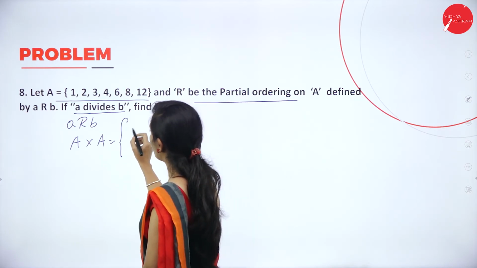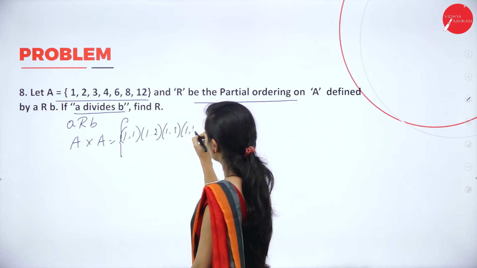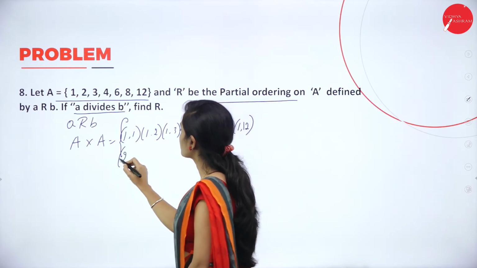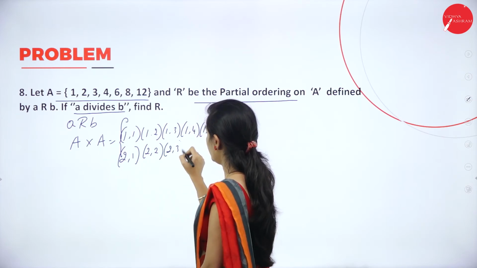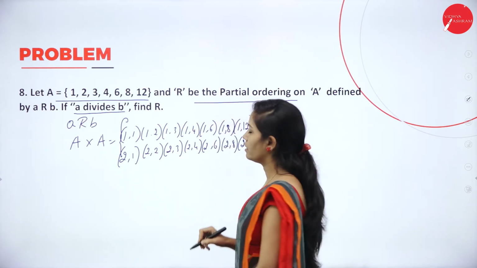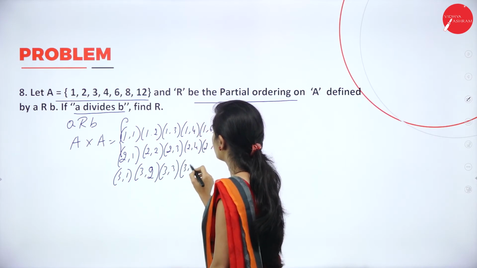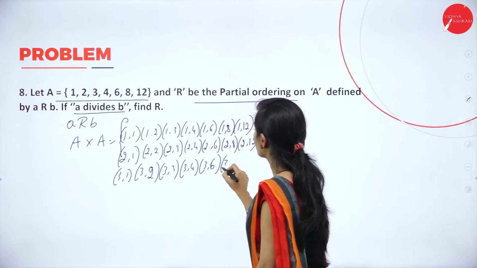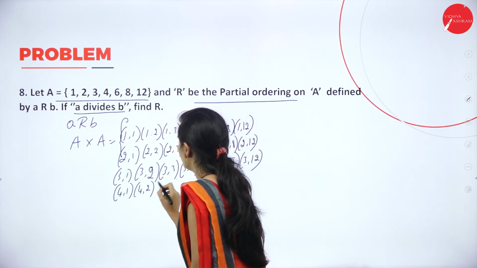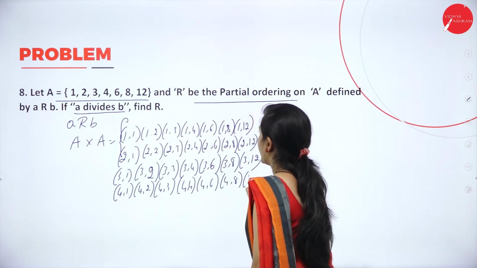So, first find out A cross A. (1,1), (1,2), (1,3), (1,4), (1,6), (1,8) and (1,12), and (2,1), (2,2), (2,3), (2,4), (2,6), (2,8) and (2,12), and (3,1), (3,2), (3,3), (3,4), (3,6), (3,8) and (3,12), (4,1), (4,2), (4,3), (4,4), (4,6), (4,8) and (4,12),